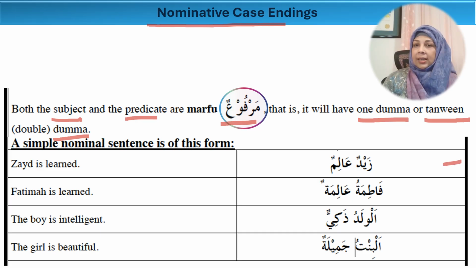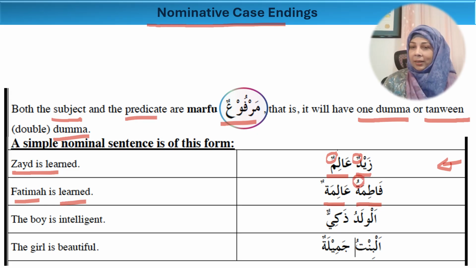The first sentence is Zaydun alimun. It means Zayd is learned. Here we see that Zaydun is the mubtada and it ends with this tanween dhamma. And alimun is the khabar and it ends with this tanween dhamma. Fatimatu alimatun means Fatima is learned. Here Fatimatu ends with a single dhamma, and it is the mubtada,